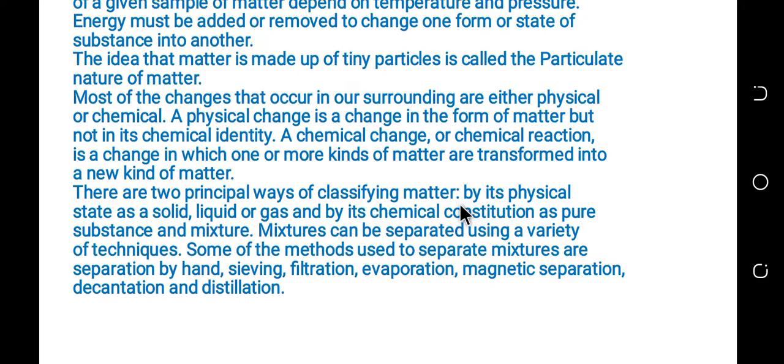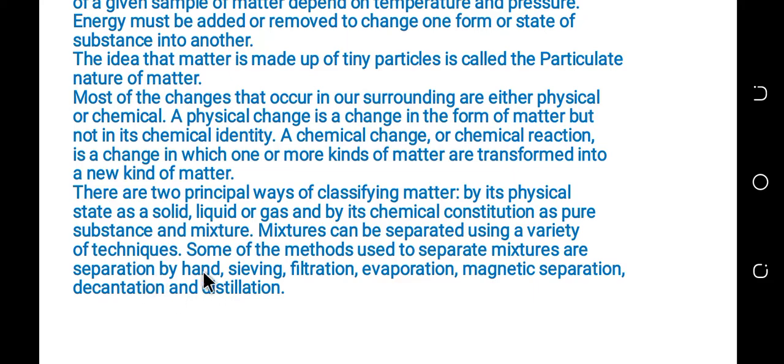There are two principal ways of classifying matter. ማተርን የምንከፍልበት ሁለት ዋና መርሆች አሉ። By its physical states: solid, liquid and gas, and by its chemical composition: pure substance and mixture. በኮምፖዚሽናቸው መሰረት ደግሞ ፒውር ሰብስታንስ እና ሚክስቸር ተብለው ይከፈላሉ። A mixture can be separated using a variety of techniques. ሚክስቸርን የምንለይበት የተለያዩ መንገዶች አሉ።